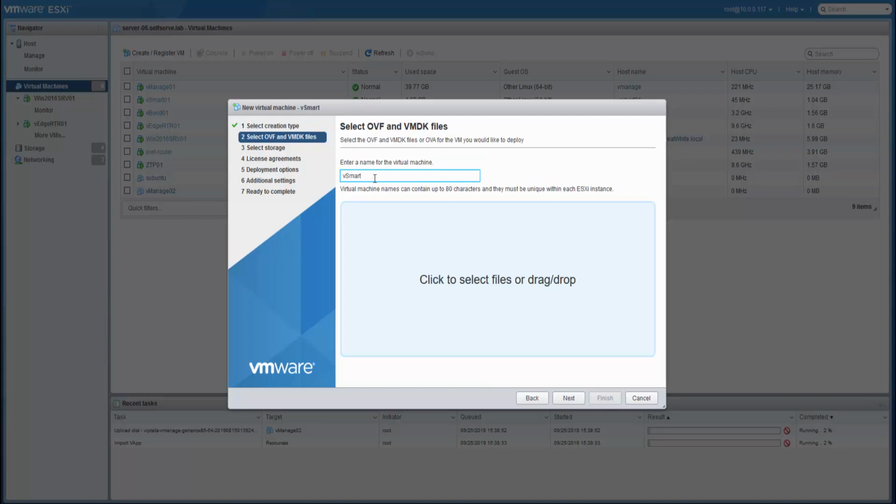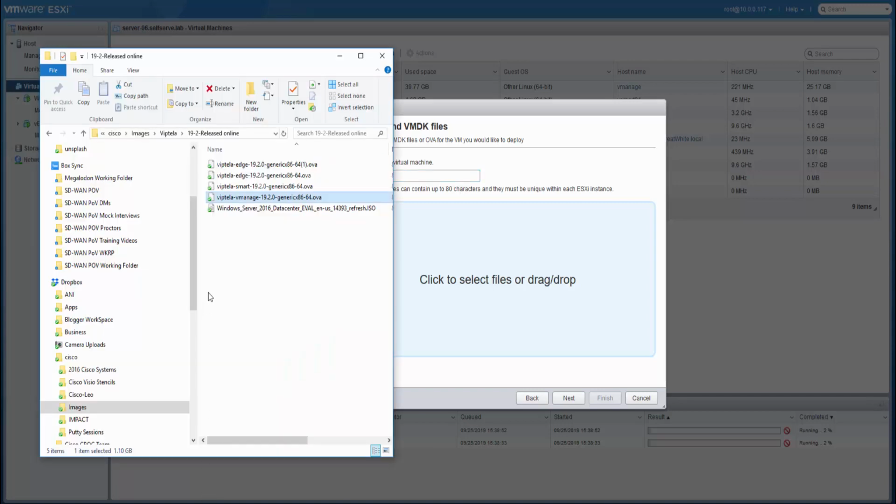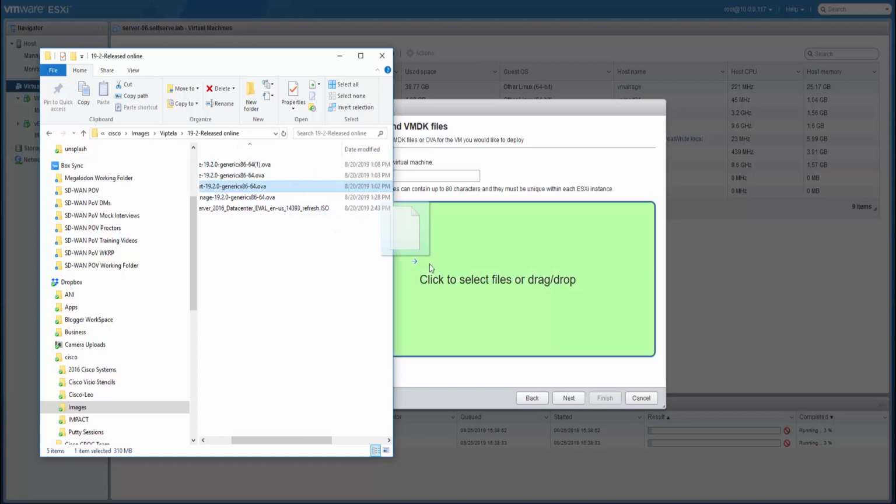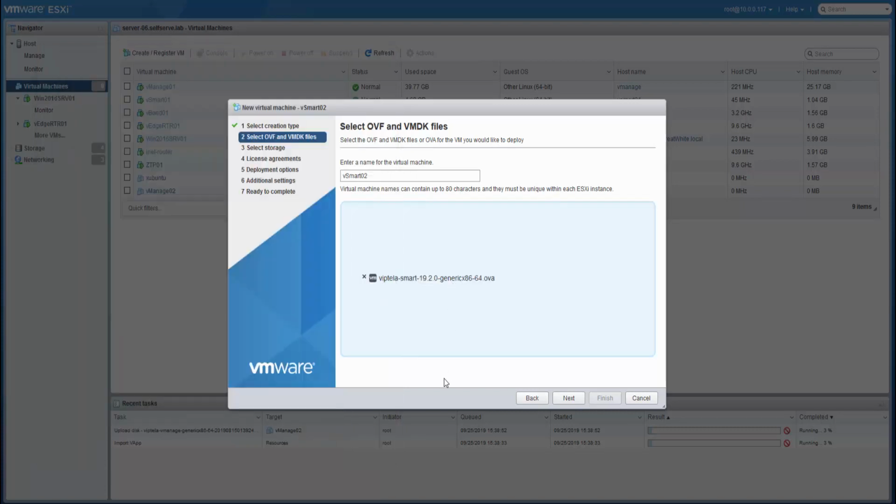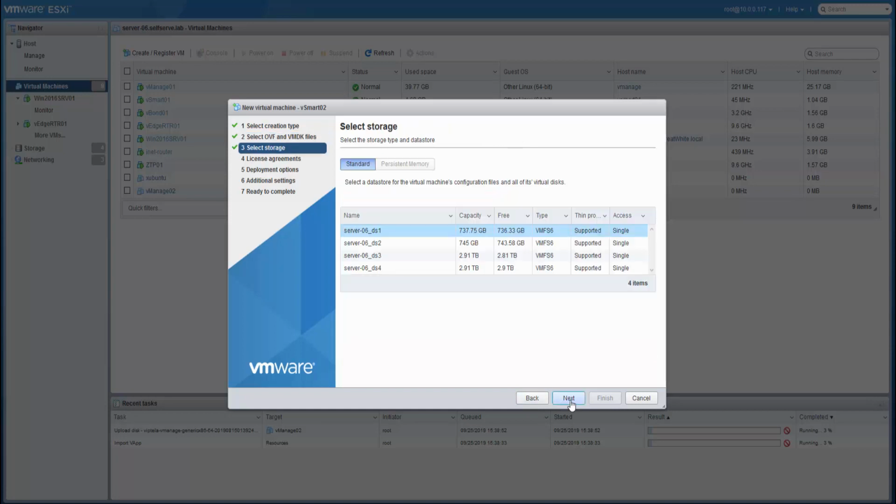In this case, I'm going to create the vSmart for our control network, and then I will go over to File Finder and find that file and drag it into our pop-up window, and then I'll click Next. The rest of this is exactly the same as the previous one, so I'm going to fast forward to the end of setting up this VM to install and go on to the next one because we need to talk